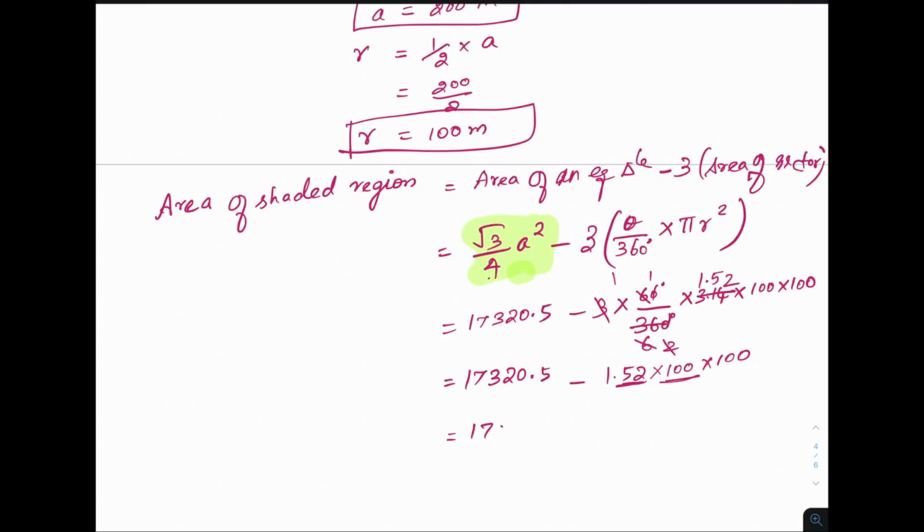So this will be 152 into 100 gives 15,200. So 17,320.5 minus 15,200 gives